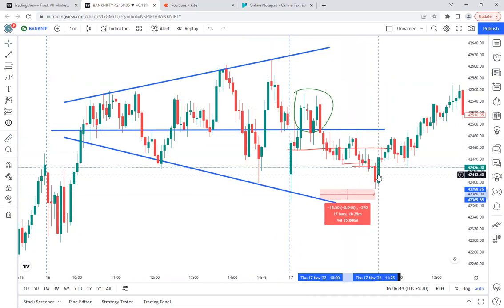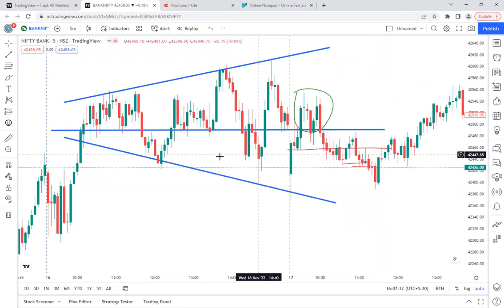And I know that every new trader or any trader will easily understand that it will come down. So I don't want to take that position, because if everybody thinks that it will come down, definitely there will be a reverse move. I know that. So that's the reason it is very clear that Bank Nifty is trying to come down, and I don't want to take the position there, because if everybody knows it, definitely manipulators will come in and they will give an opposite move. That is what has happened here.